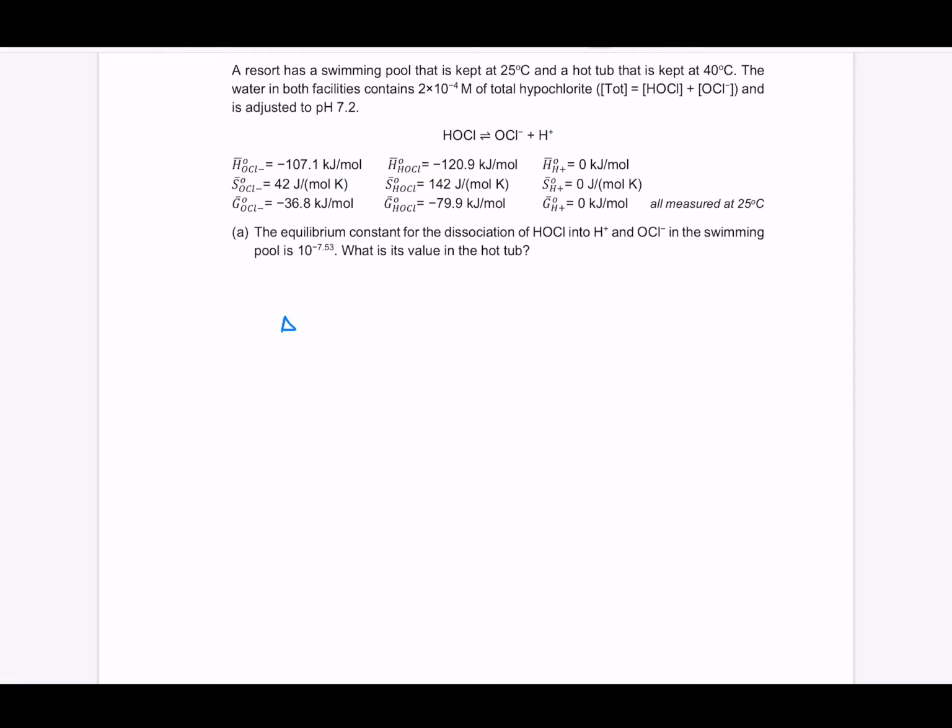So first we need to calculate delta H0, which is a combination of all the values that are given, minus 107.1 plus 0 for the H plus. This is 13.8 kilojoule per mole. And this is temperature independent, so it would be the same for both. It's just for the reaction. So based on the Van't Hoff,